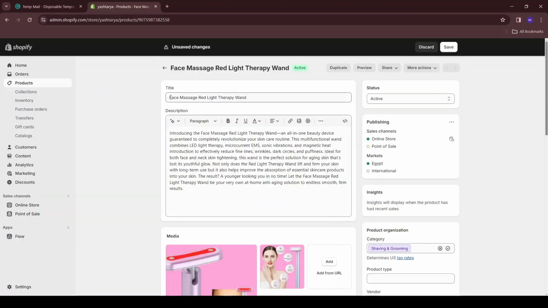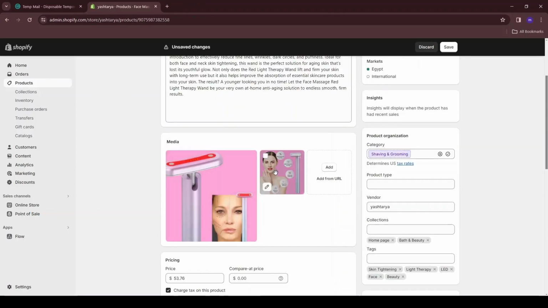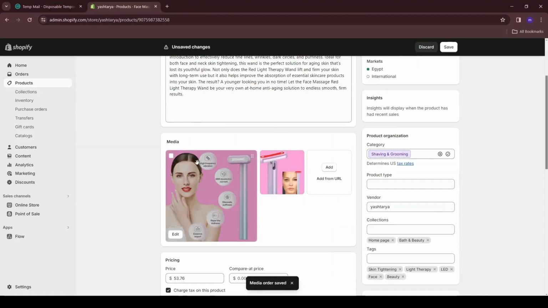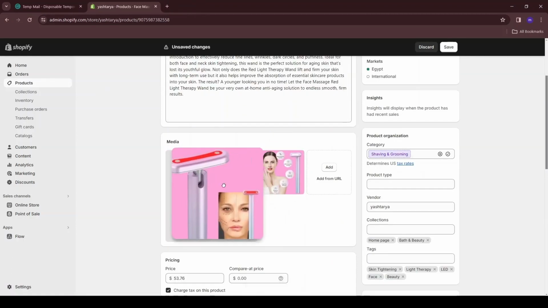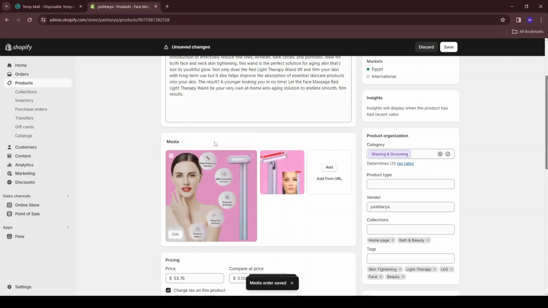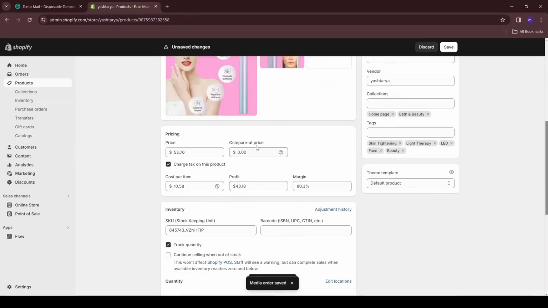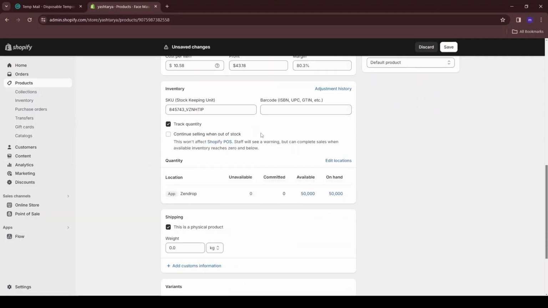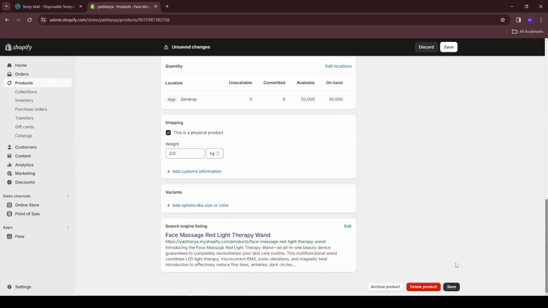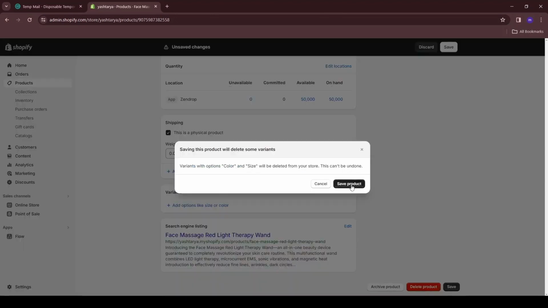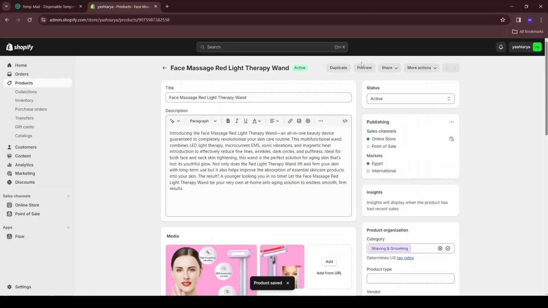I added a product here, this is the product name. Then, I wrote a description for the product, and after that, I uploaded the product images. This larger image will be the main image, meaning if I want this image to be here, I just drag it like this, and it becomes the main image. Then, I added the product price, I'll sell it for this much, and the cost of the product is this much. I started adding the inventory of the product, and then I just pressed Save, and after that, I pressed